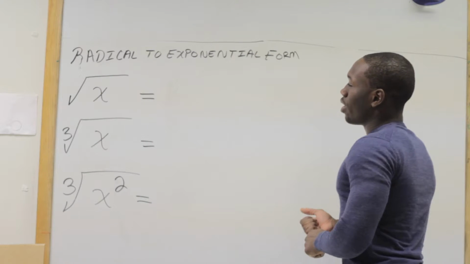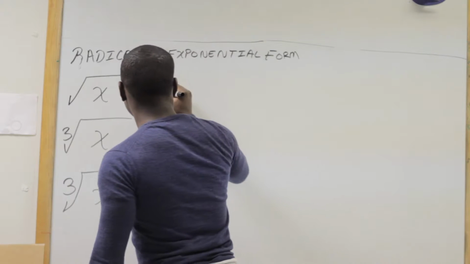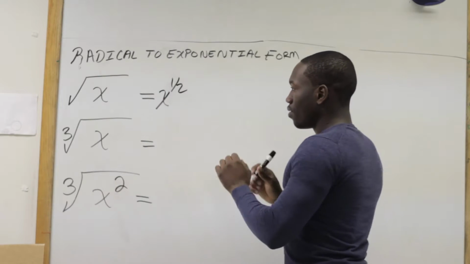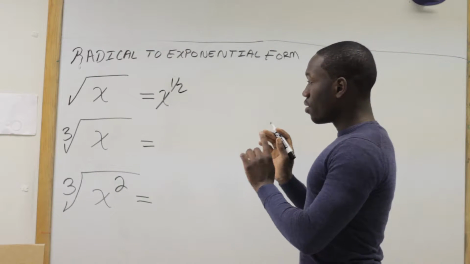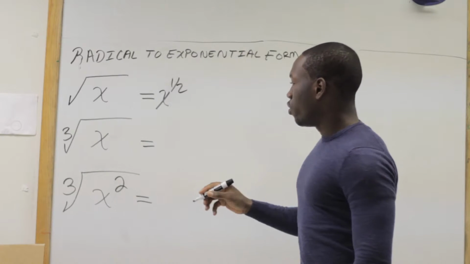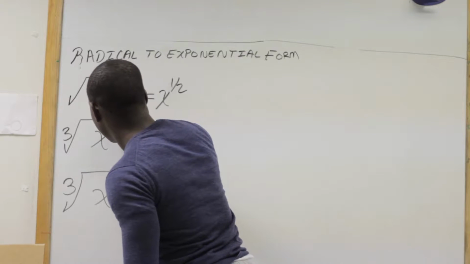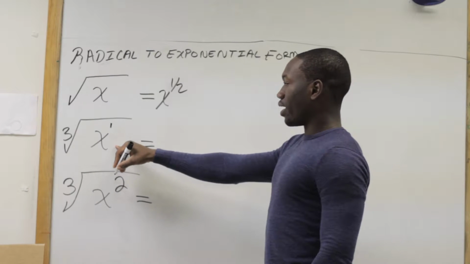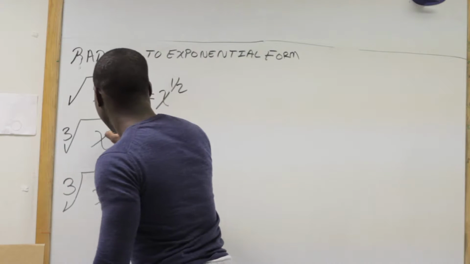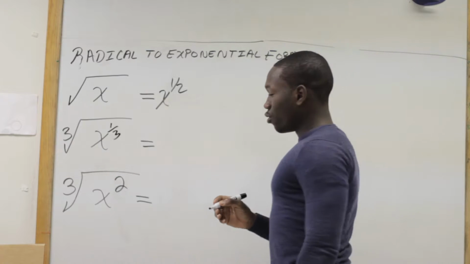Now, working with radical x, how you change that into its exponential form is simple. It equals x to the 1/2. That's just a rule. But it's different when you have something like the cube root of x. With the cube root of x, you need to remember that you have an imaginary 1 with the x, and the 3 will be acting as its denominator. So when you rewrite it in its exponential form, it'll equal